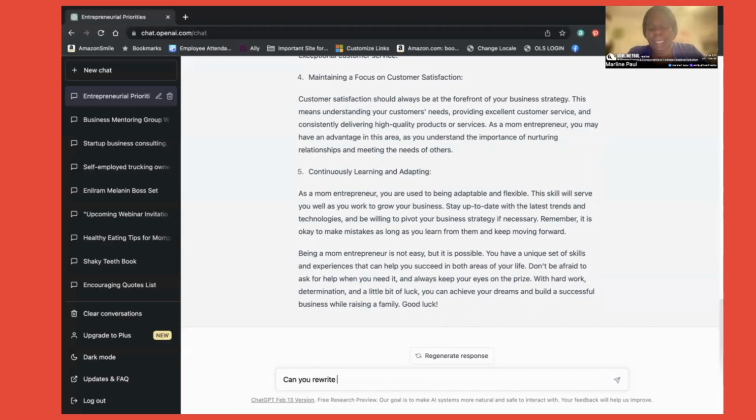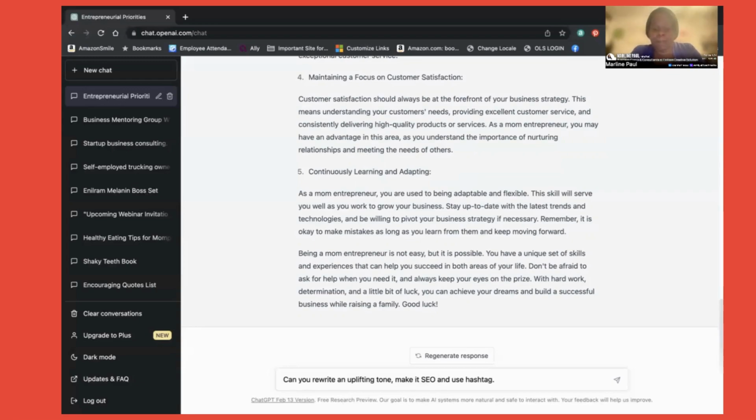So, can you rewrite this in an uplifting tone? You want to tell it the tone, make it SEO friendly, and use hashtags, because we know if we're making it SEO friendly, you can make it SEO friendly for Google.